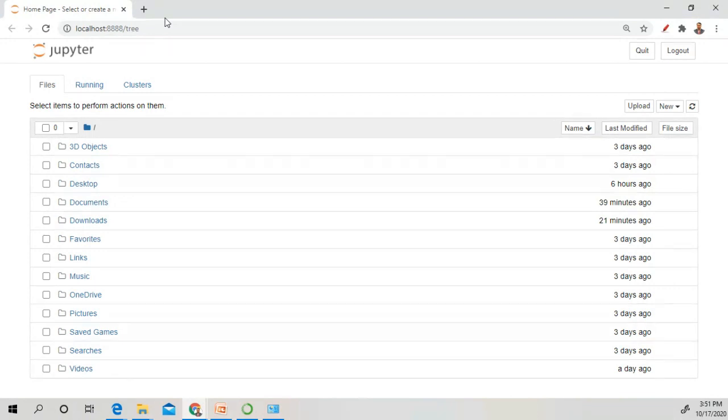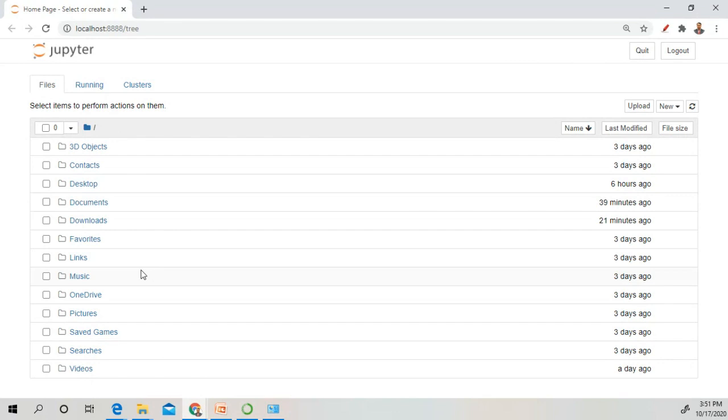After opening this environment for Jupyter, you have to create some directory where you will store all your programs. You will find that this main directory has different folders.